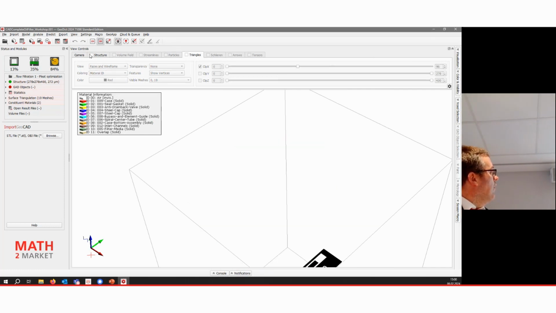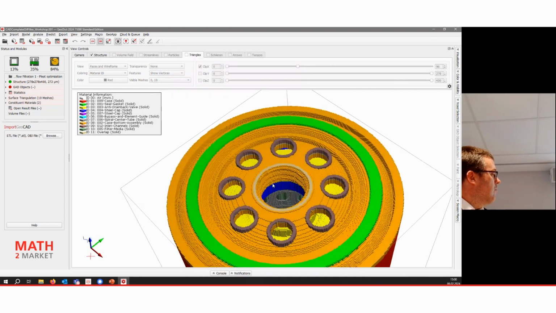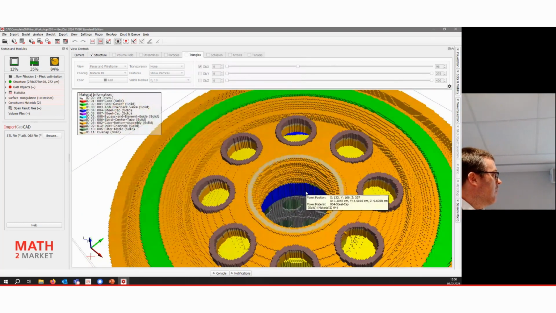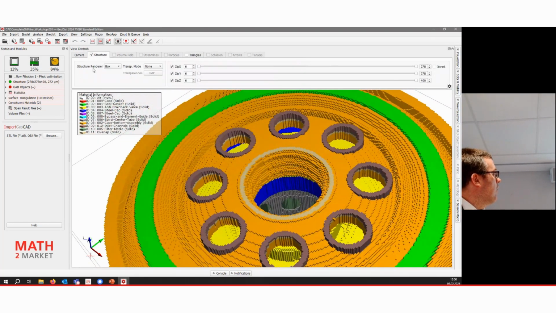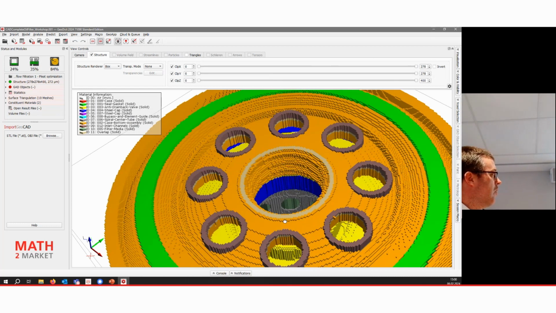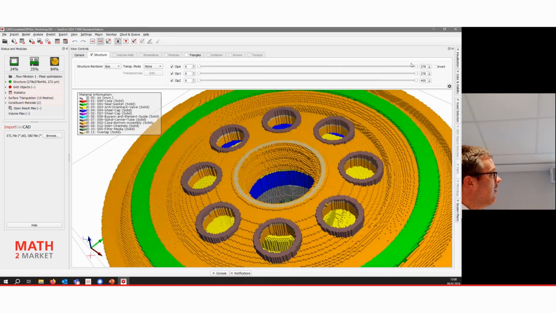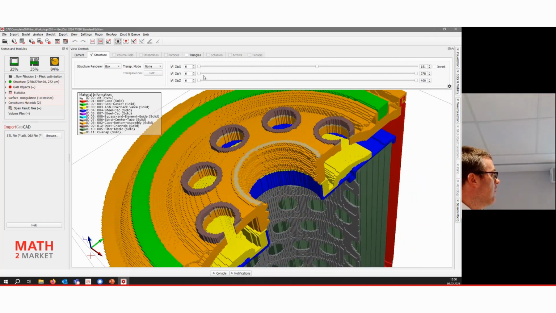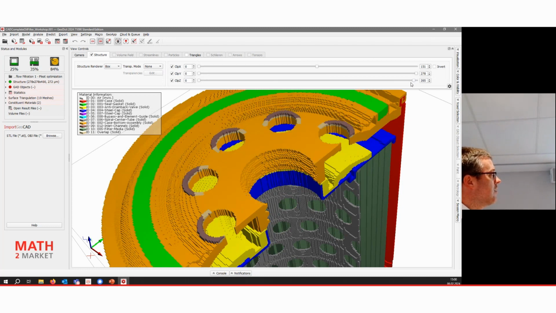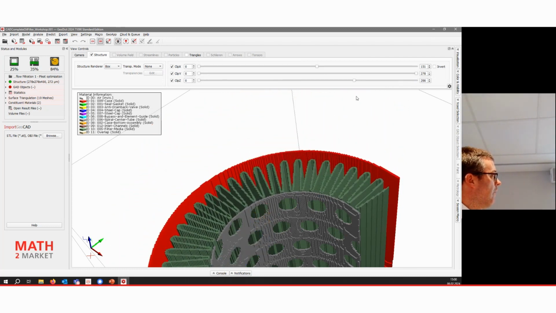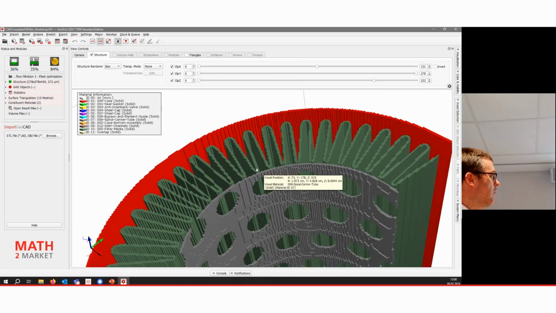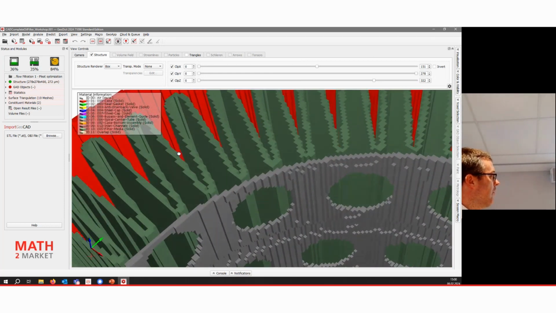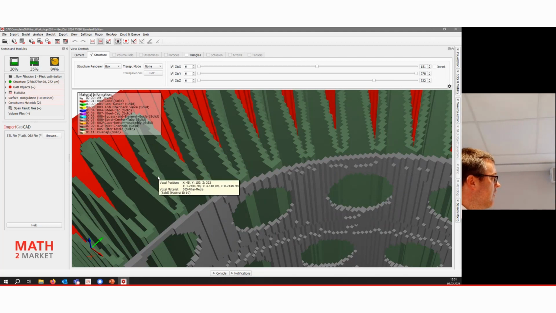But we wanted to have a look at the structure instead. As I mentioned already, it's a bit coarse, and of course we can say here that we want the structure renderer to be smooth, but I won't click that yet. It would just look smoother than it is. Here again, clipping into the x-axis, maybe the z-axis, the vertical axis a bit down. Then what we have here, you can see what I mentioned, the staircase effect.